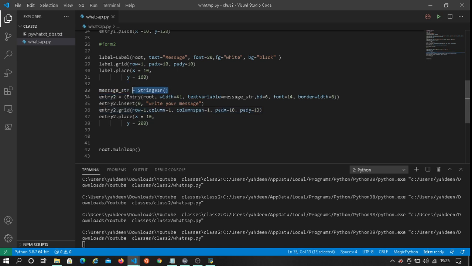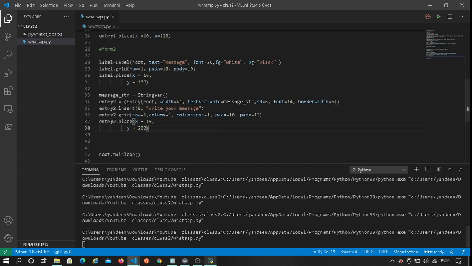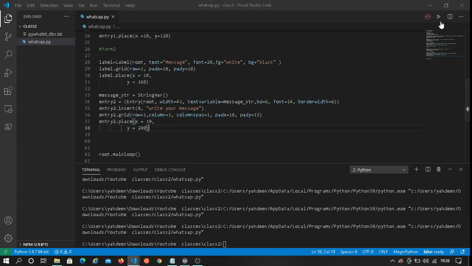As I told you, the string for Tkinter is for changing the value that we enter in the entry box to a string, to interpret it to a string. So that, as I showed you here, it's the default value in the entry box that you find. It's mostly done by most people just to make the app more interactive. So that's the second form. Let's run it and you will see.